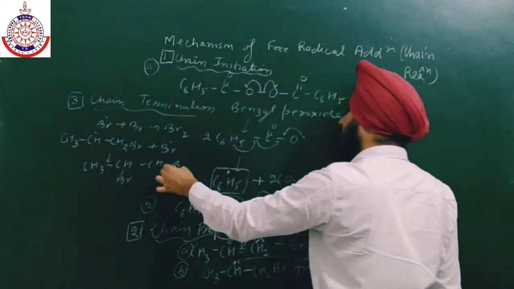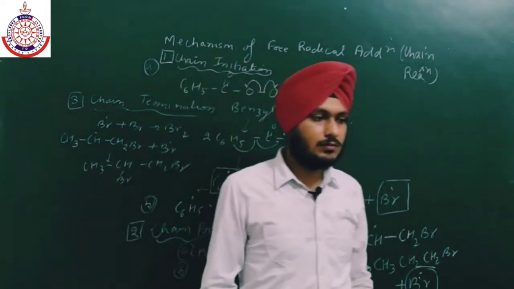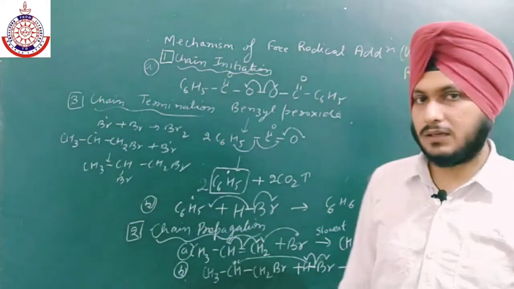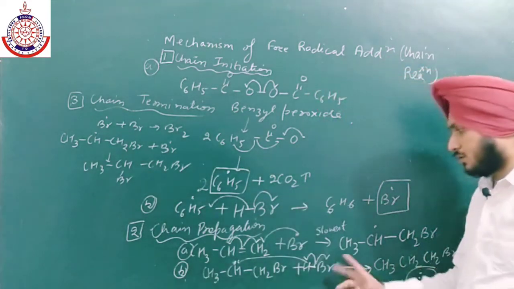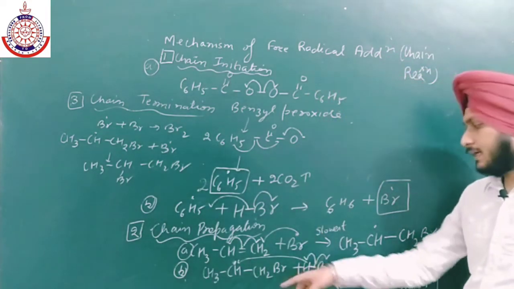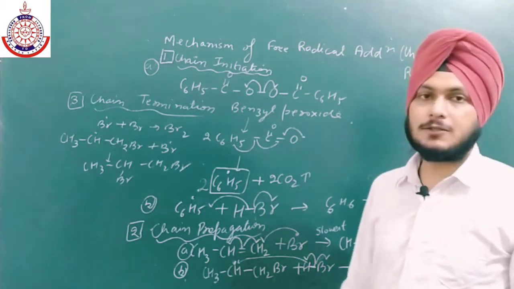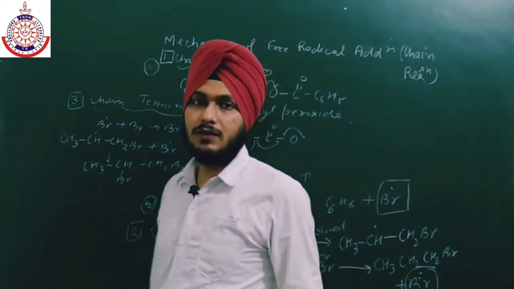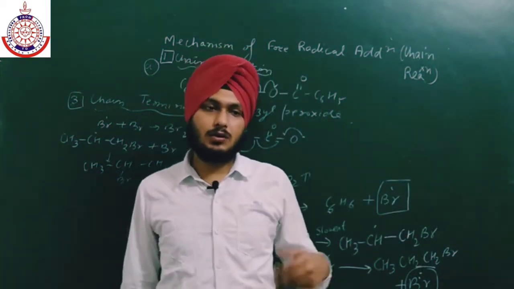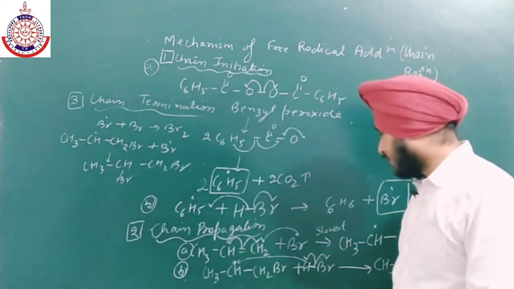Okay, so these are the two chain termination reactions, and there are also some other reactions which are considered as terminating. Okay, so these two steps are the most important steps: the attack of Br radical and again the attack of HBr. Now, why are we getting the anti-Markovnikov product only in case of HBr, not in case of HI, HF, HCl?